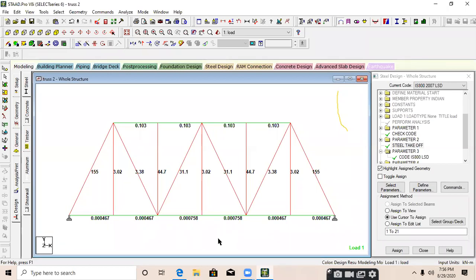This is an easy way to find the failed members directly. The failed members option is also useful, and here we will see the ratios also. It will show the failed members directly, and here it shows how much. If instead of one the ratio is 31, 3, 44, you will get an idea how much the size we need to increase.